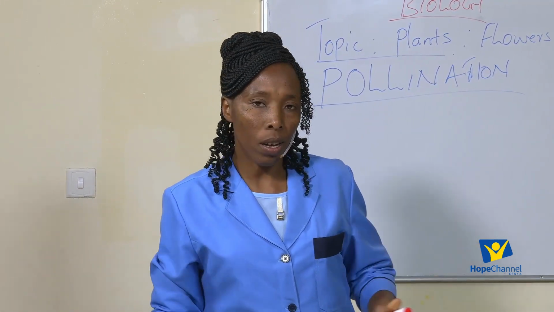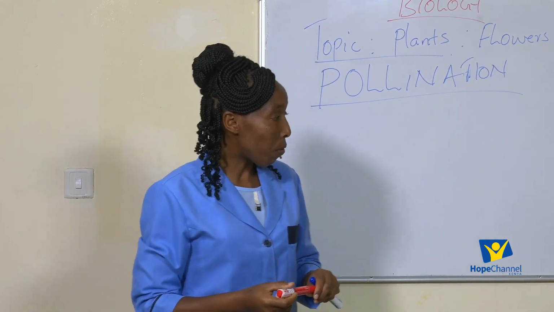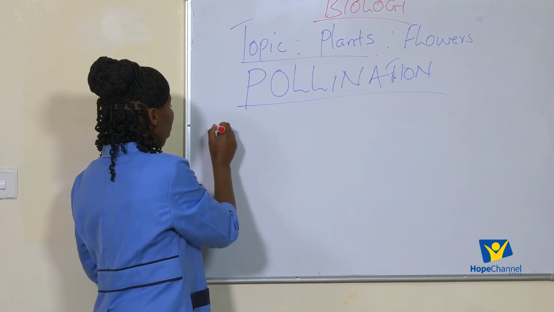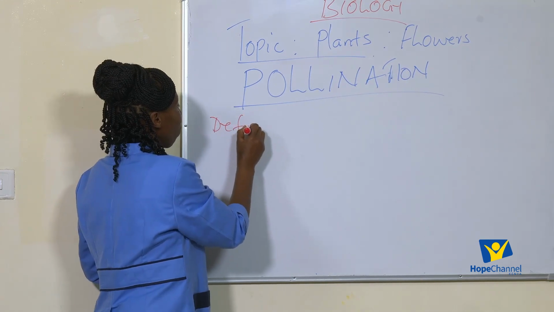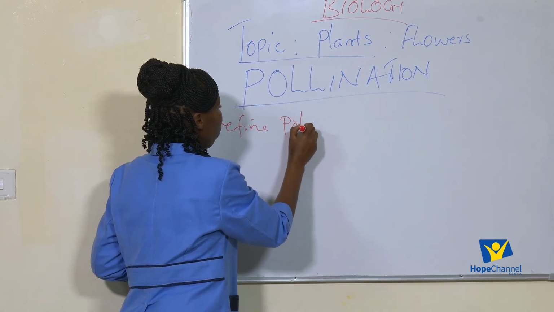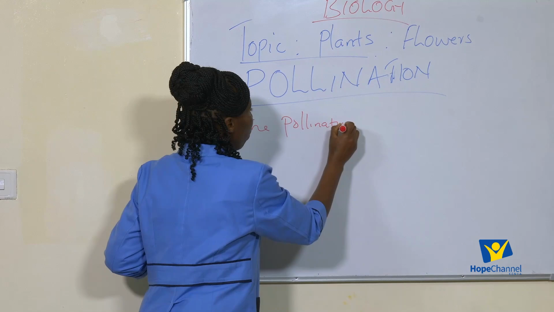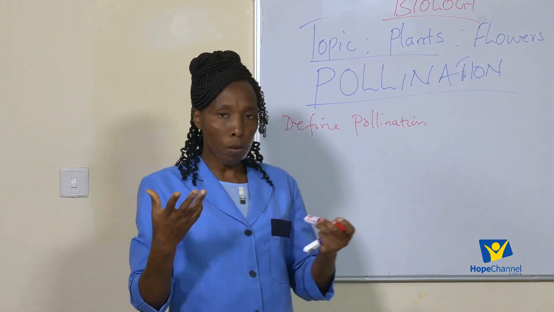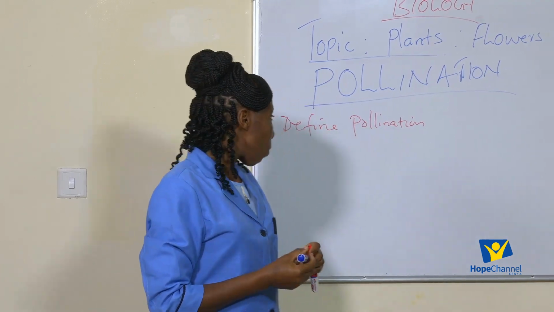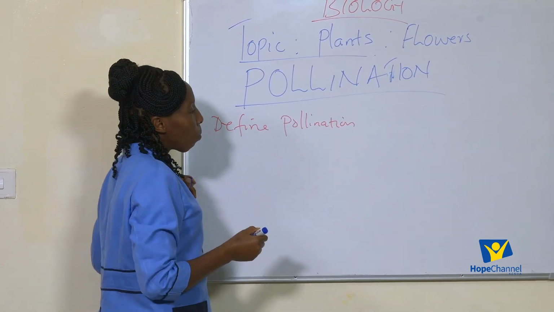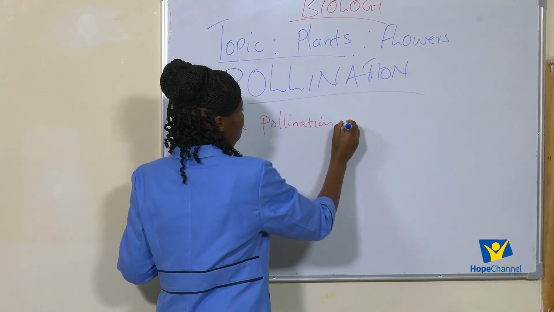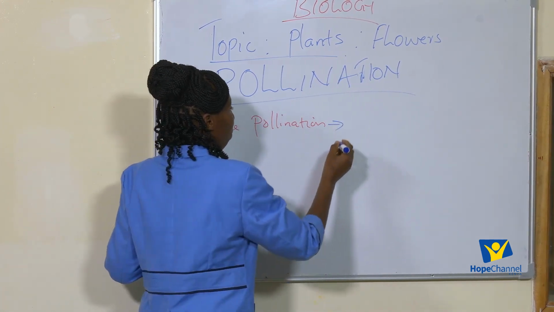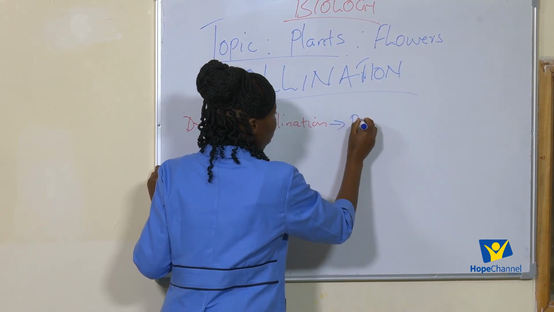For us to discuss pollination, we start by defining the term, before we see the role of flowers in it. Pollination is a process whereby the pollen grains